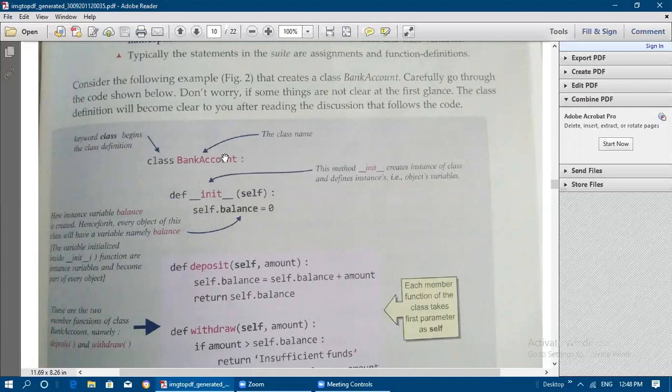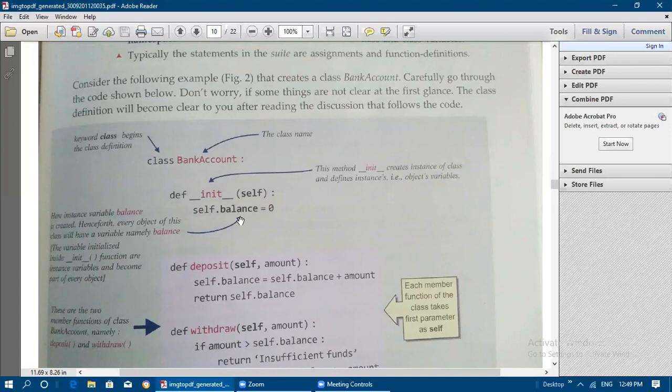Afterwards, in the main program, we are going to create the objects. Understood? So this is the class definition, and only in the main program we are going to create the objects and call these functions individually. Deposit function, withdraw function, everything is going to be called individually. We will see that also. Henceforth every object of this class, whatever object you create, I said one person and another person.